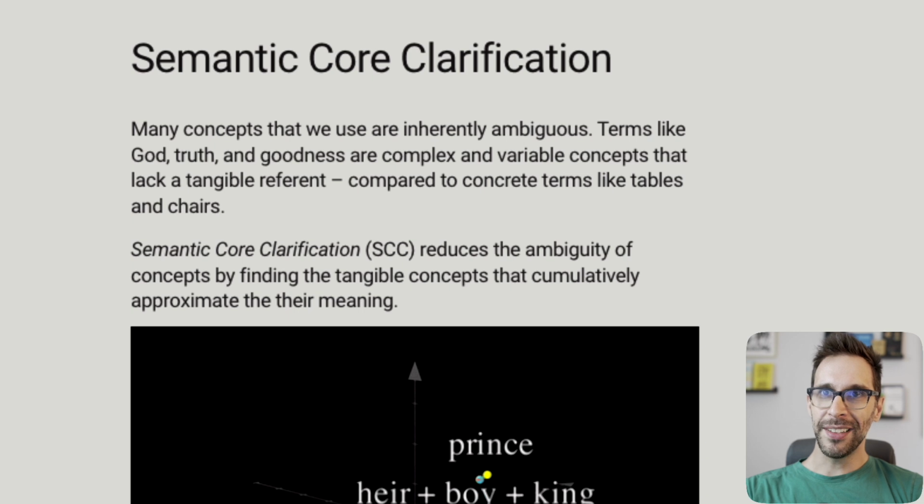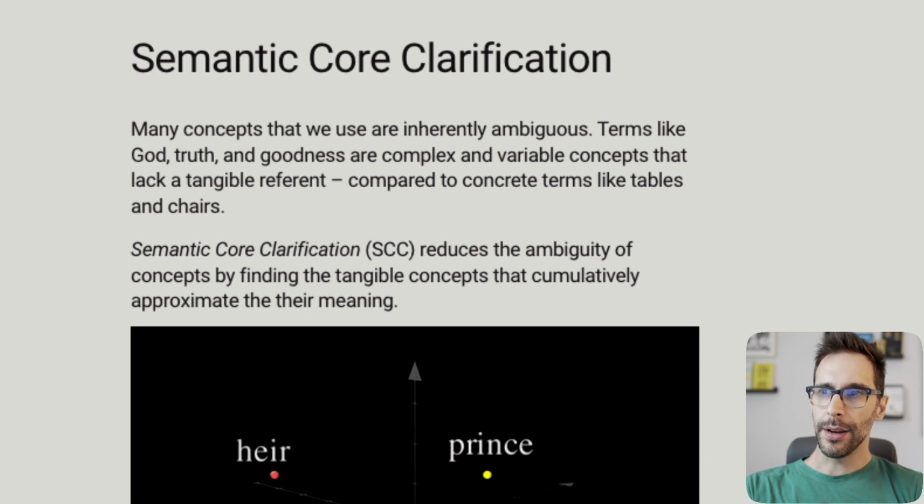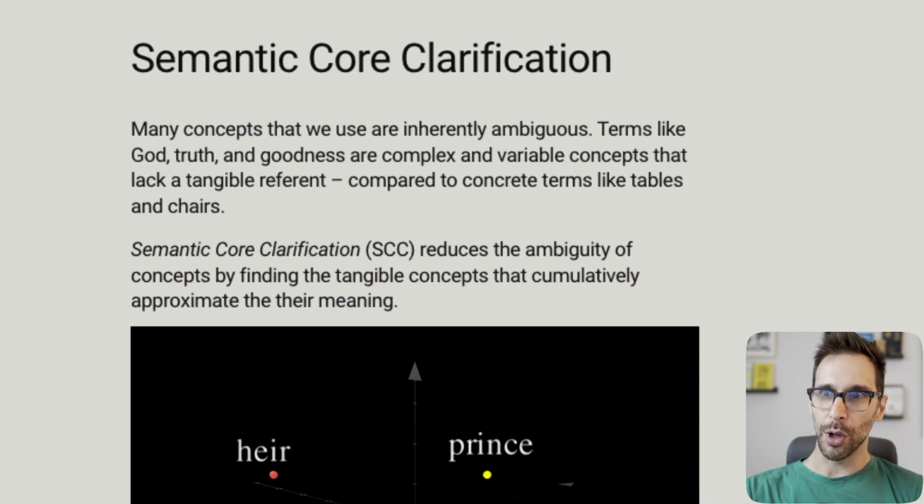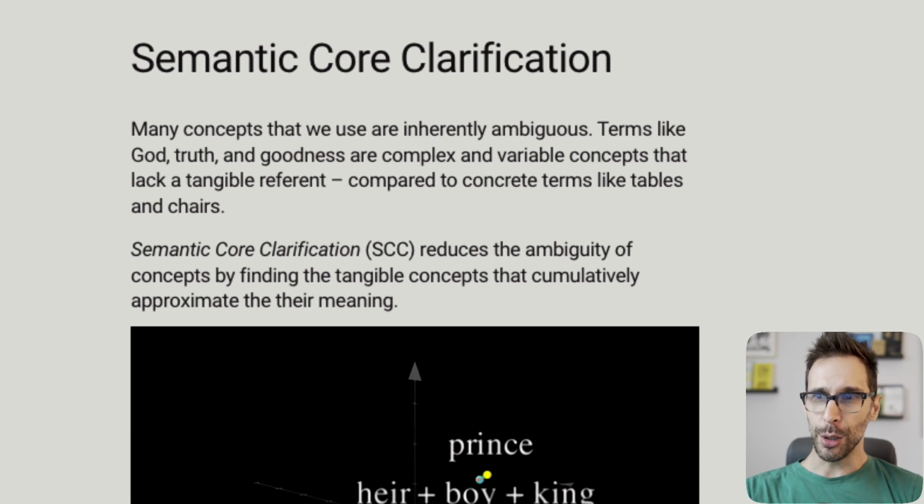So this is from collectivelabs.ai, semantic core clarification. And here's what they write. Many concepts that we use are inherently ambiguous. Terms like God, truth, and goodness are complex and variable concepts that lack a tangible referent compared to concrete terms like tables and chairs. While semantic core clarification reduces the ambiguity of concepts by finding the tangible concepts that cumulatively